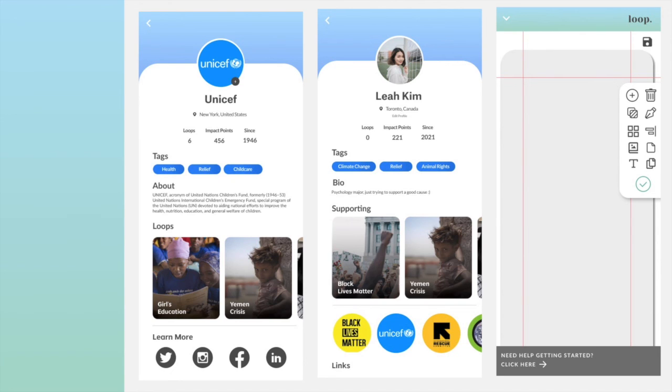Now, let's say we want to try creating a loop ourselves. We'd go to our user profile, as you can see, and then we just create a loop. And the great, fun, amazing thing about loops is that you can export them and embed them in any social